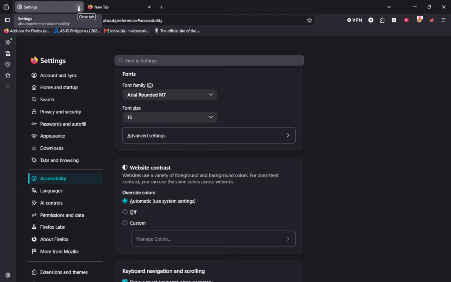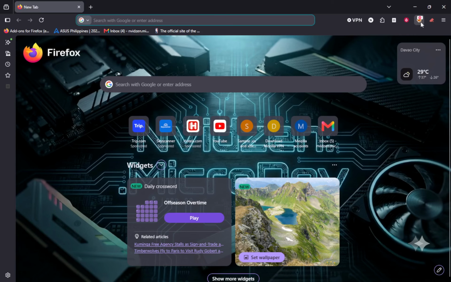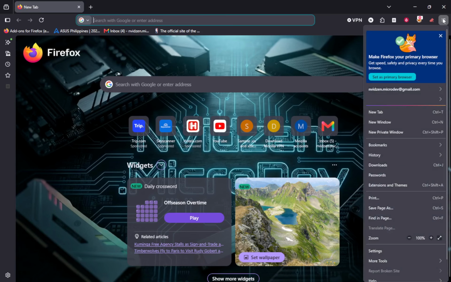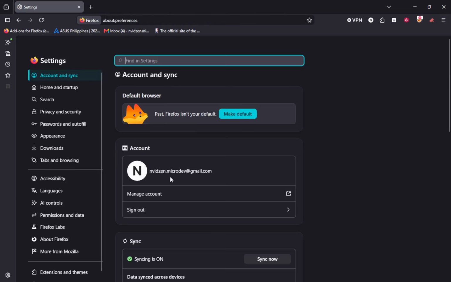Remember that this is helpful if a particular website font looks broken or very hard to read. This setting affects all sites, so you can always come back to the same place later and switch it back. If a specific website font is causing problems, we will adjust those advanced font settings again.